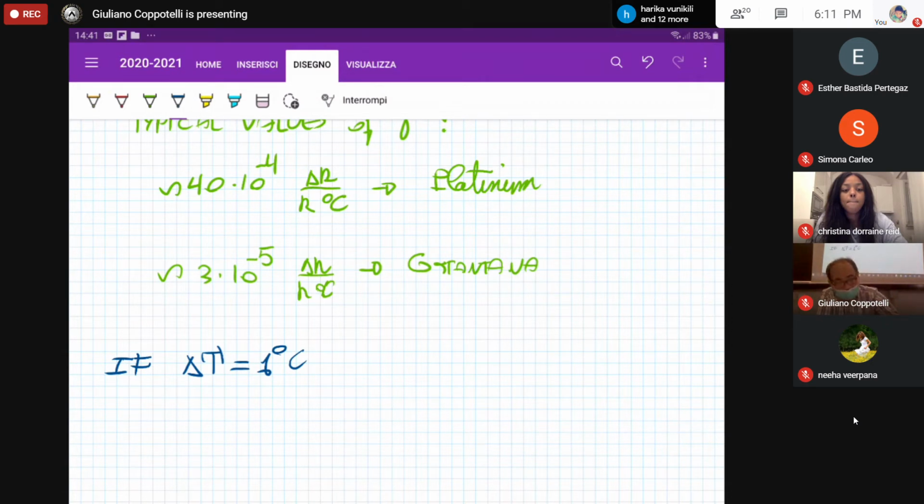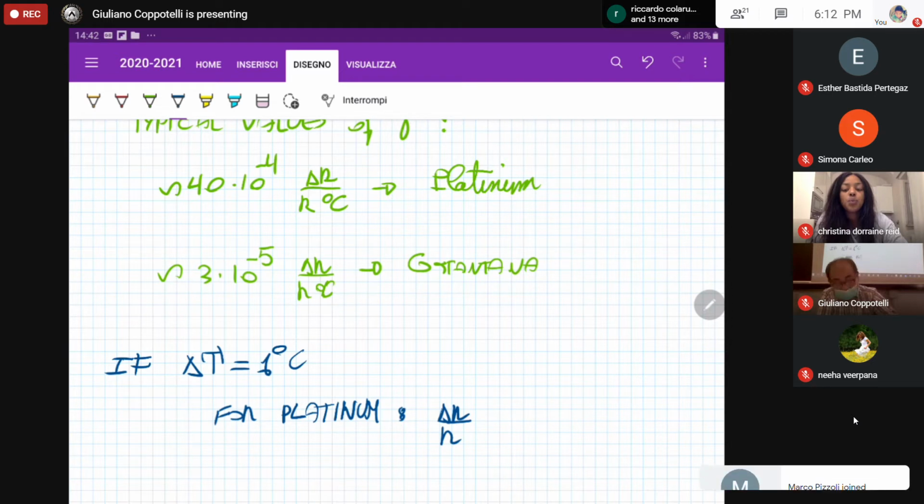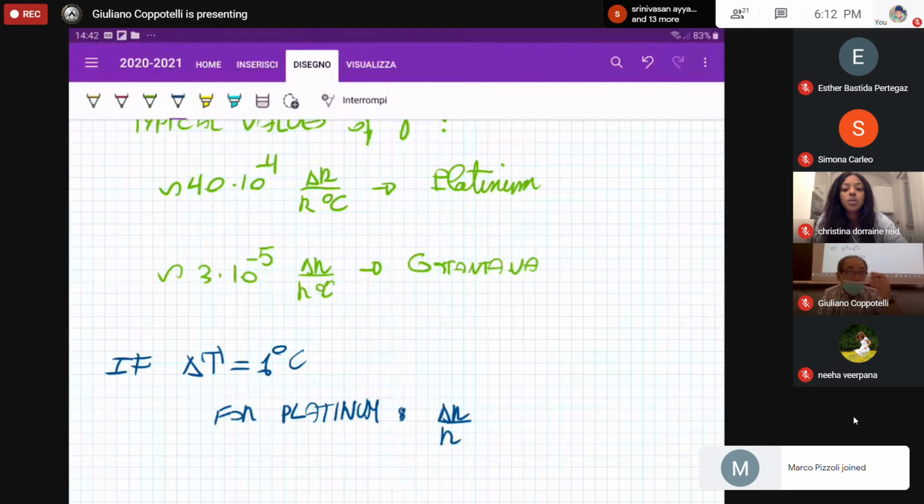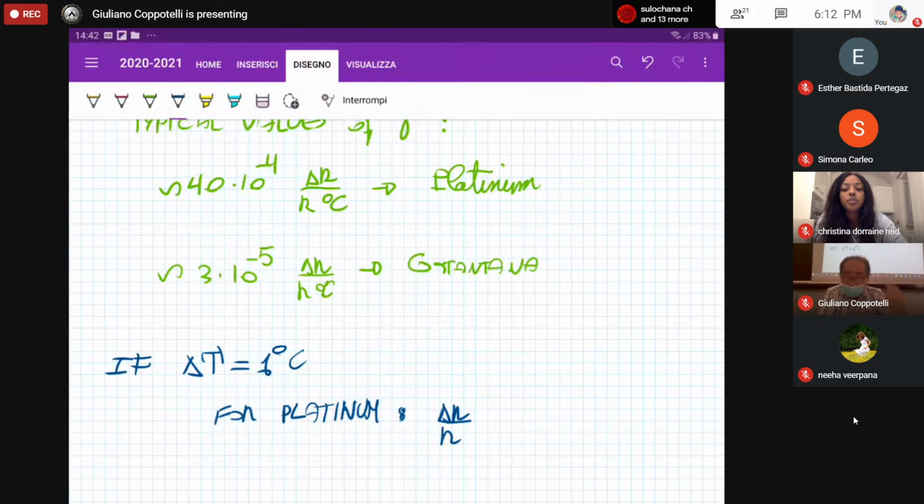If we are having platinum alloy strain gauges, what we are having is the corresponding change of the resistance, because of the 1 degree difference with respect to the operating temperature, is